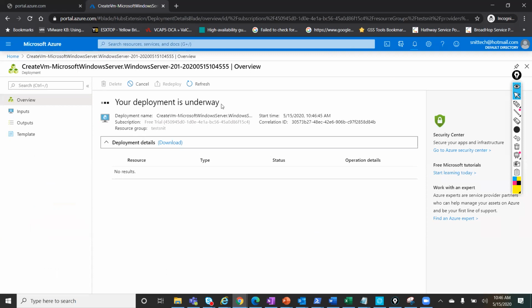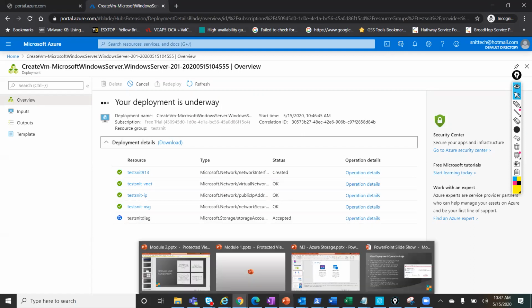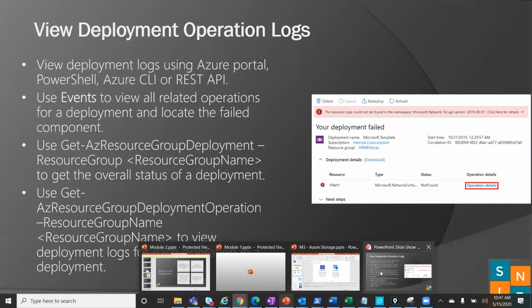So your deployment is underway, saying that it is still trying to deploy the resource. So once this deployment is completed, you can either see the deployment logs here, or you can check from the deployment operations. See this? Deployment operations are still going on. So this is the place where you can see the deployment logs and also from the activity log.